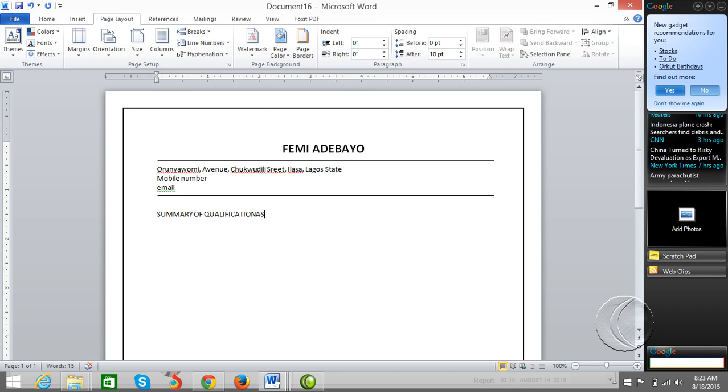This is actually just the simple guideline. Nothing too much about it. You can check online for resources. Once a buyer places an order for a particular position, check for the position online. What matters is how to construct your words. And I'll be showing you two examples of resumes I've written, the one the buyer sent and the one I delivered. So your summary of qualifications would include 13 years, that is how it's written,